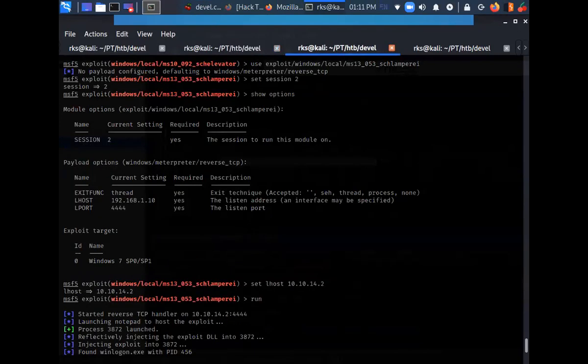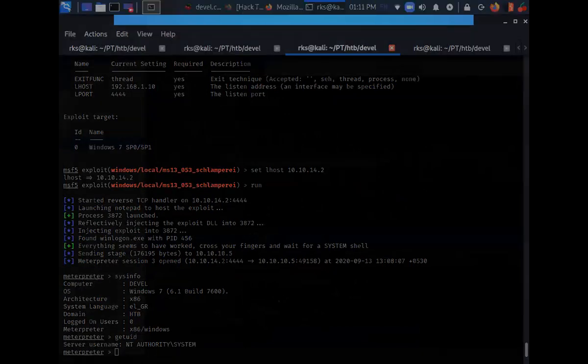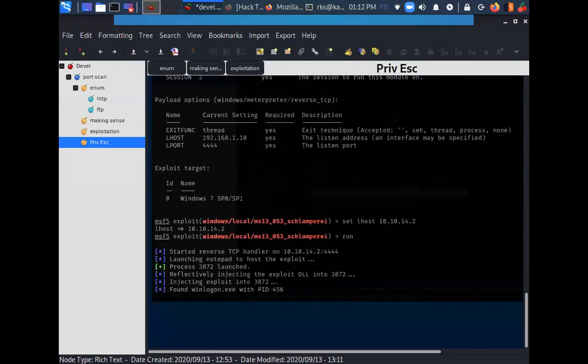Okay, let's get back here. And at last, I am going to take a snap here for the root shell.